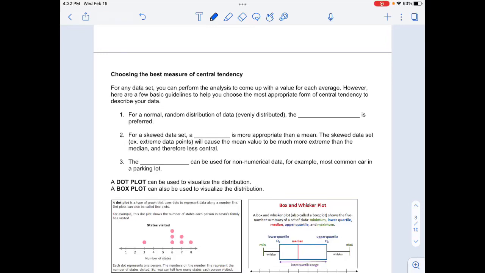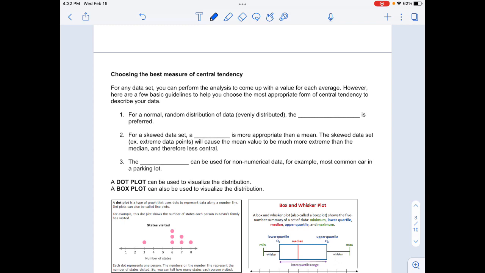Hello all. Today we are going to be choosing the best measure of central tendency. So for any data set, you can perform the analysis to come up with a value for each variable. You can perform any of the ones from yesterday, the mean, median, and mode. However, there are a few basic guidelines to help you choose the most appropriate form of finding our central tendency